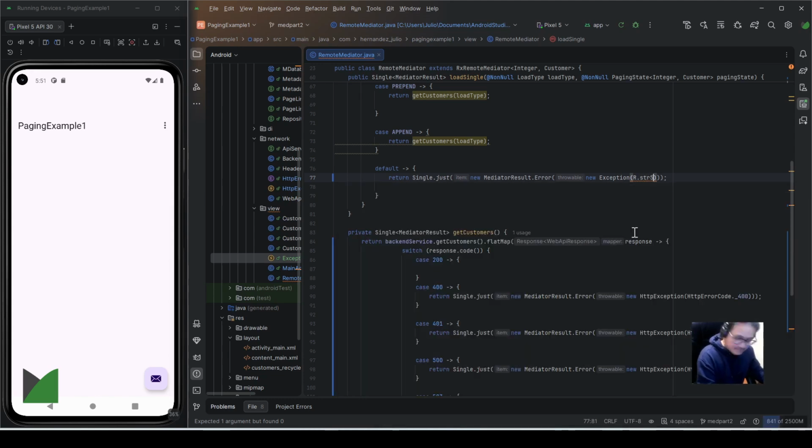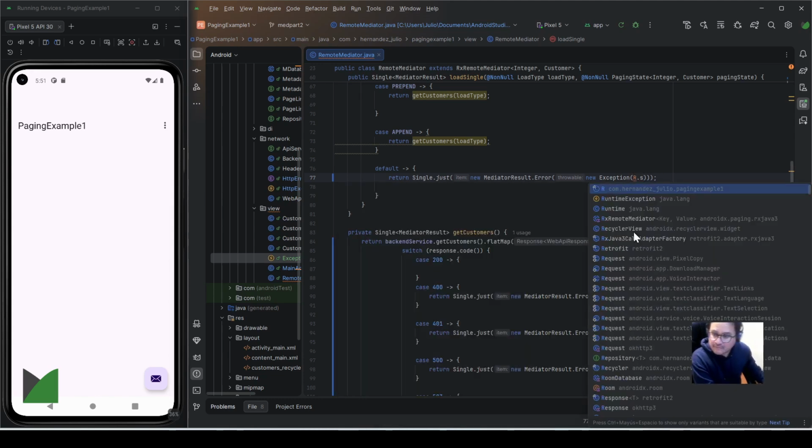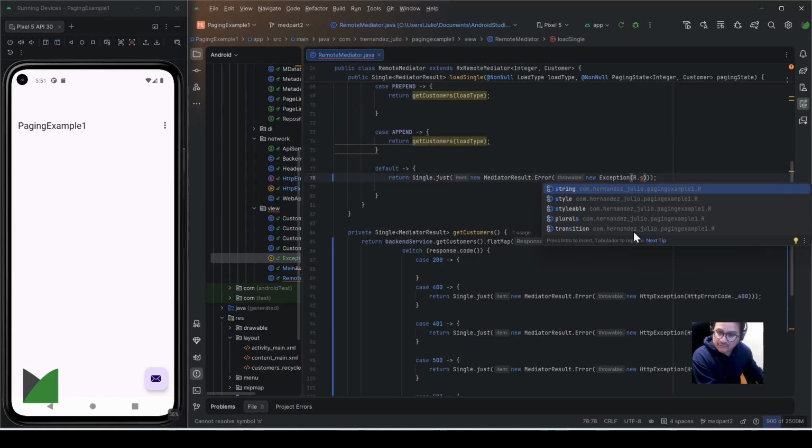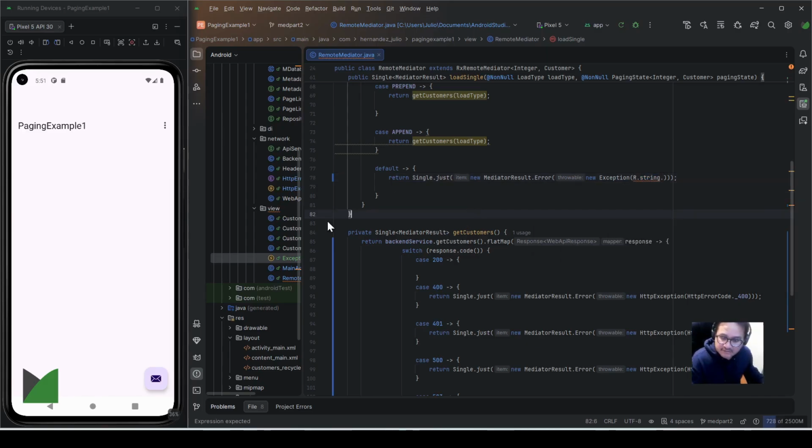Or not string. I don't have this message here, but this is